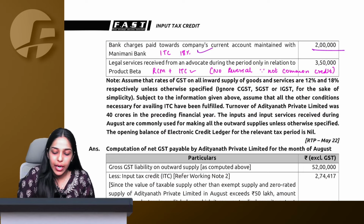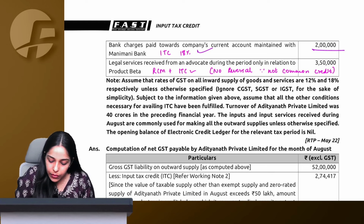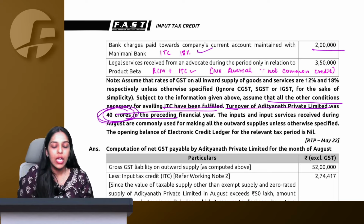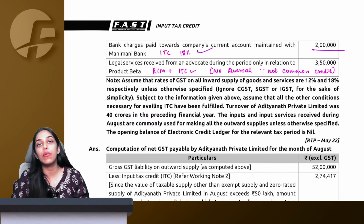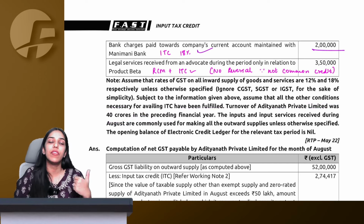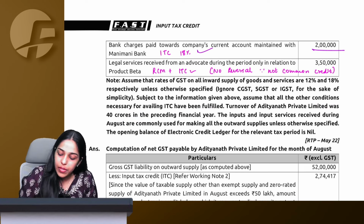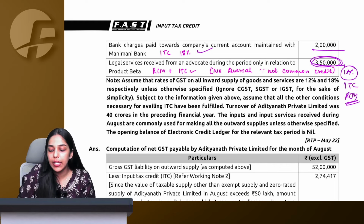Legal services from an advocate. Now, legal services from an advocate, we understand, see, preceding financial year turnover, they have given 40 crore, which is of course greater than the registration limit. Which means if you have taken services of an advocate and you are a business entity, or preceding financial year turnover is greater than the registration limit, then RCM will be applicable. So again we will say that on this 3,50,000, 18% ITC I have to pay and also 18% RCM